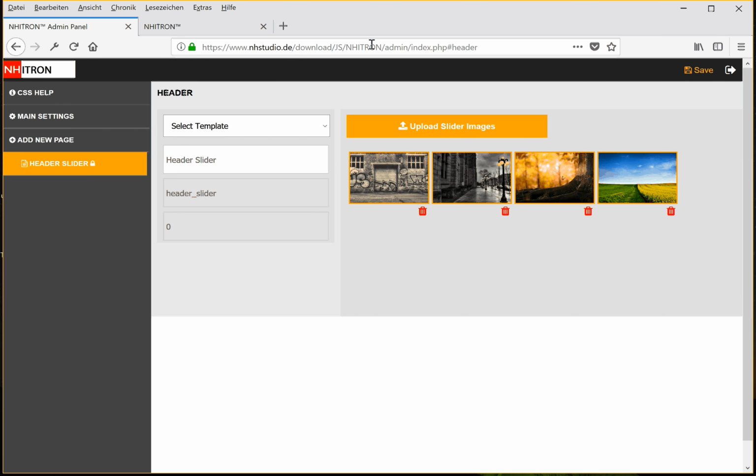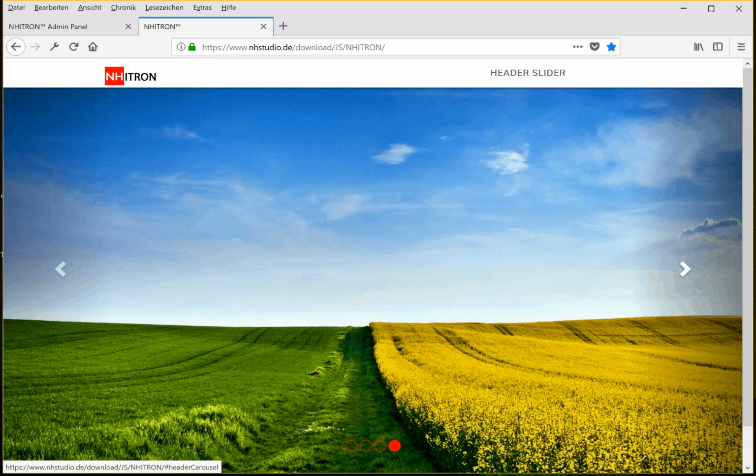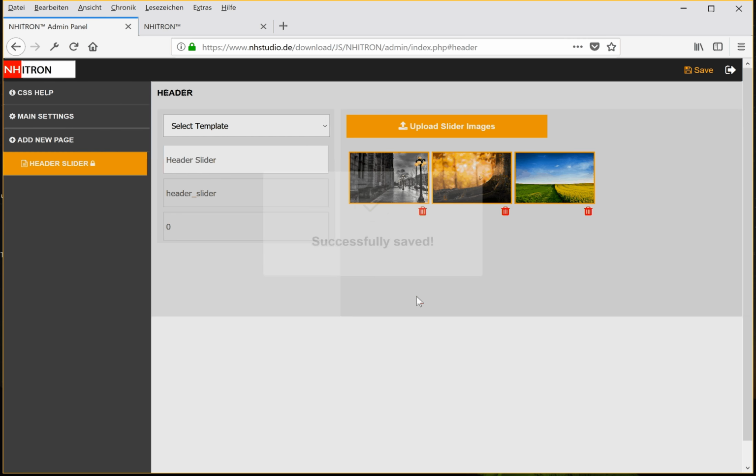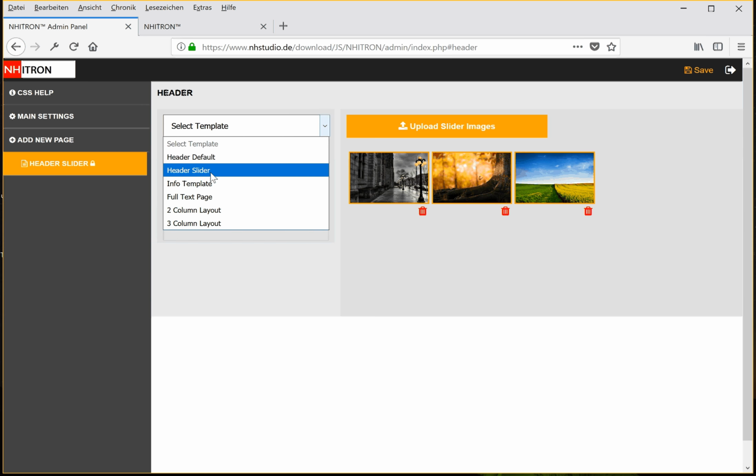If I save this and refresh it, you'll be able to see we have a slider in the header, and you can simply remove this or just remove 3 images, for example, update them, or simply use